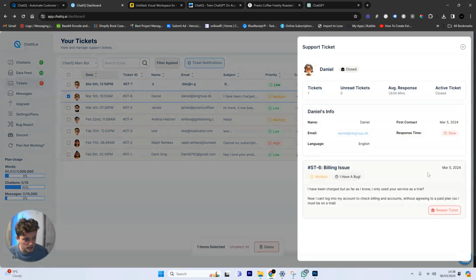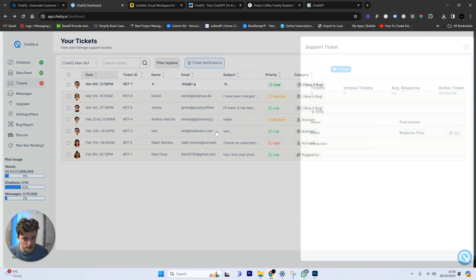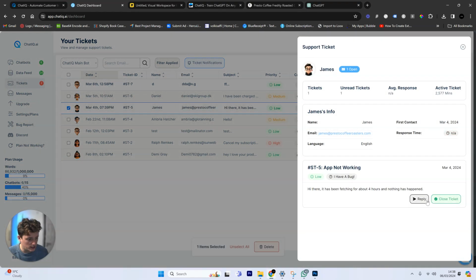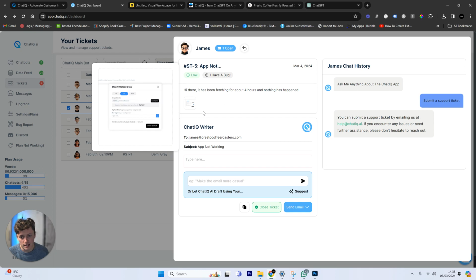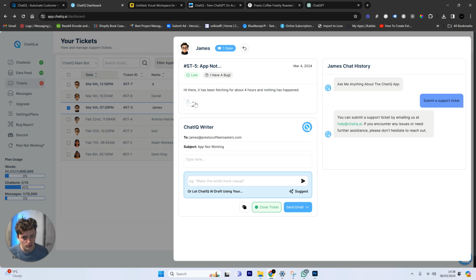You can see if we go to have a look at one of the support tickets, let's see if this one works here. If I reply to this, you can see that this user here has already spoken to the chatbot. I can see that they asked straight away, how do I submit a support ticket? And then it's given them the information to do that. That user has then submitted an image of the problem that they're facing. They've been sat there waiting for their website to scrape and nothing's happened, which means there's a bug with the